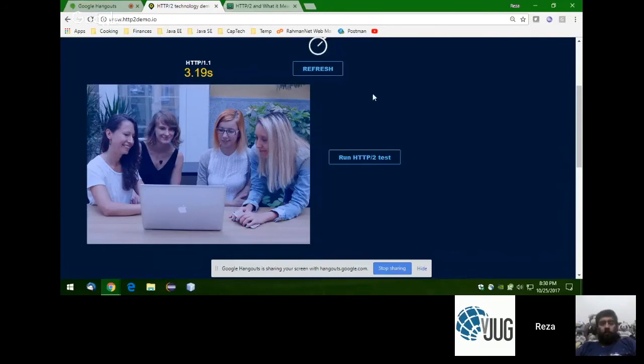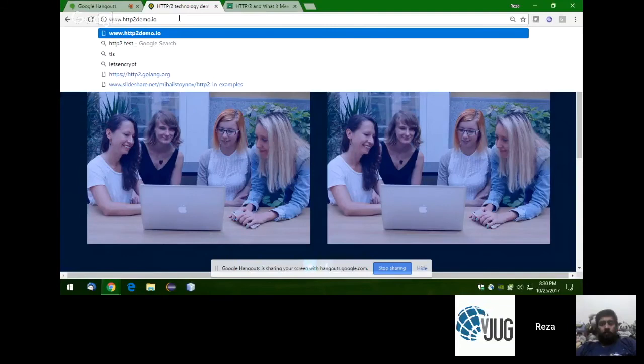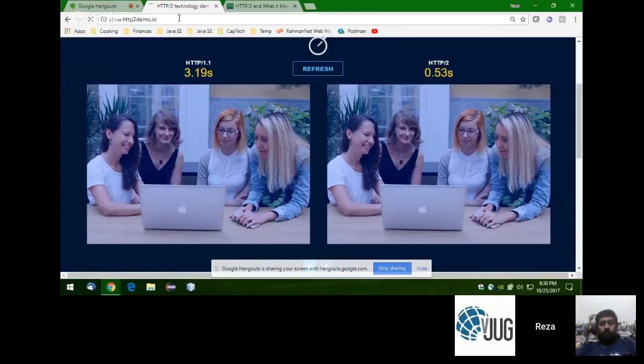Now, when I hit this button, it's going to do exactly the same thing, but using HTTP 2.0, and notice the difference. Okay, it's virtually instantaneous. You couldn't even tell that it's actually many different images being composited. I'll do it again, just in case you're still not convinced.